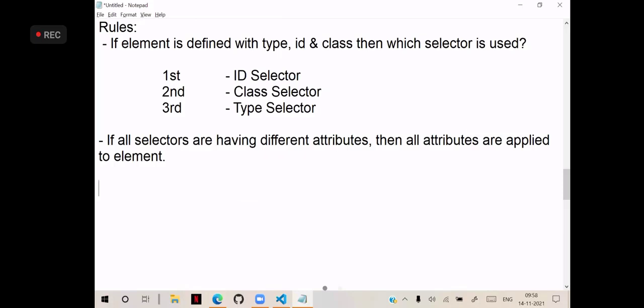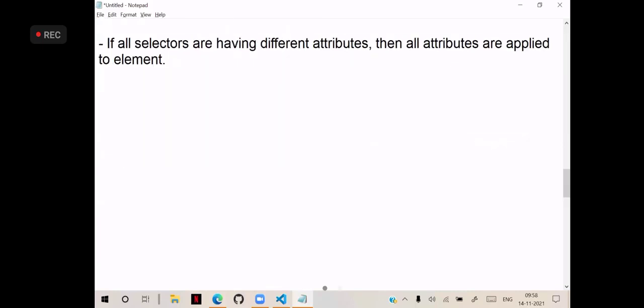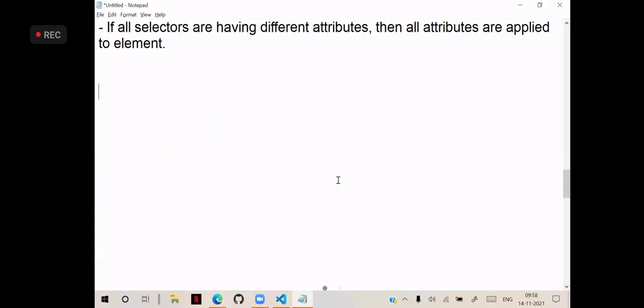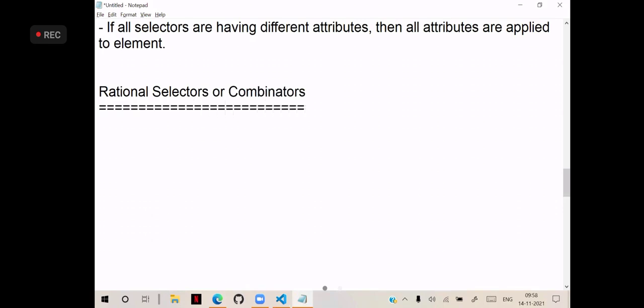First point. These are primary selectors. First, you need to know about these selectors. Next, after understanding these primary selectors, next important category, we have relational selectors, or you call them as combinators. We call them as relational selectors or combinators. This is important. Actually, relational selectors and combinators,